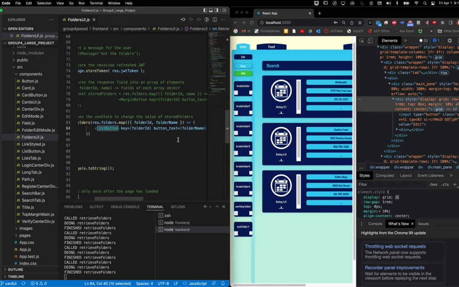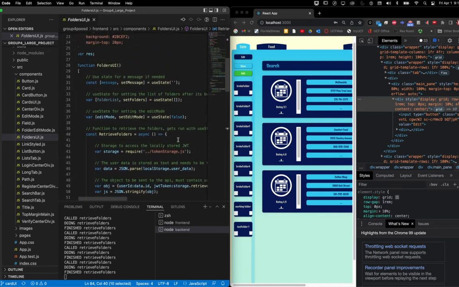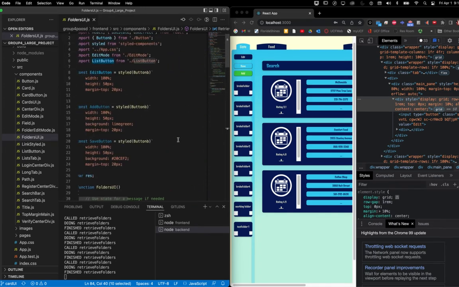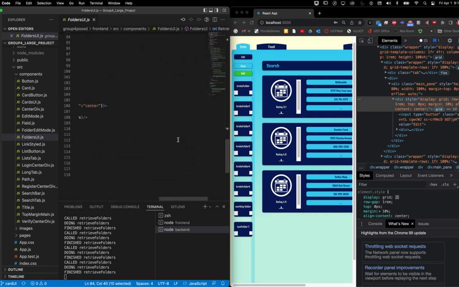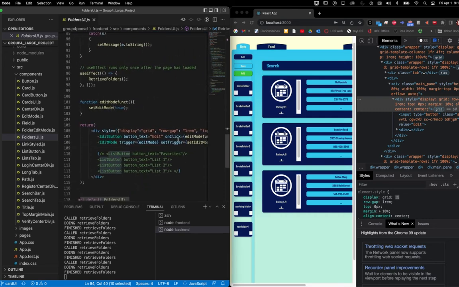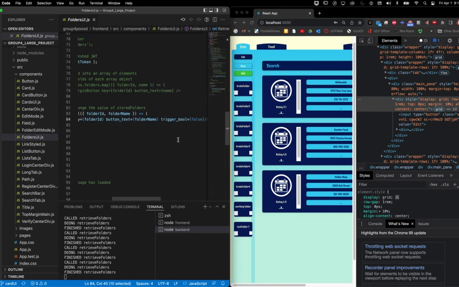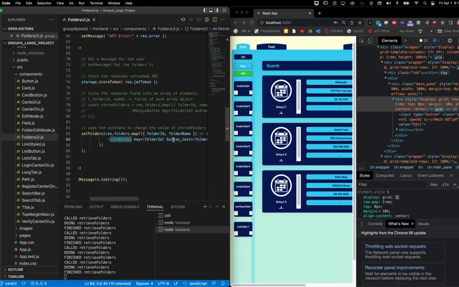Or let me see if list button, I don't think we changed the size or anything of the button here. We were just using whatever custom size I had for list button, which if we look at it here,